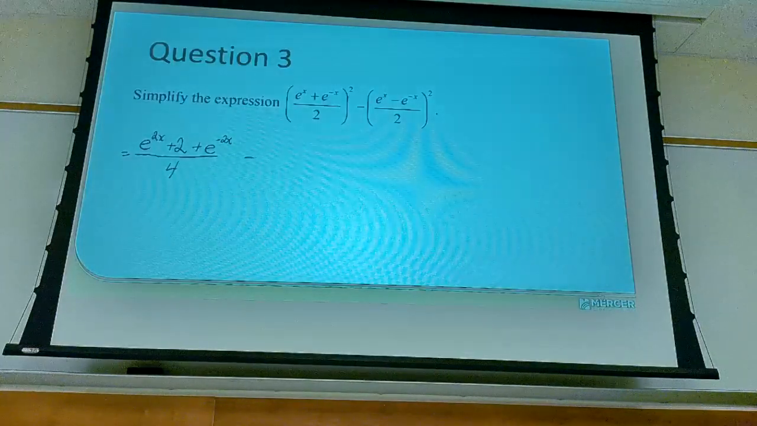The second fraction is identical except instead of plus, it's minus. So it'd be e to the 2x